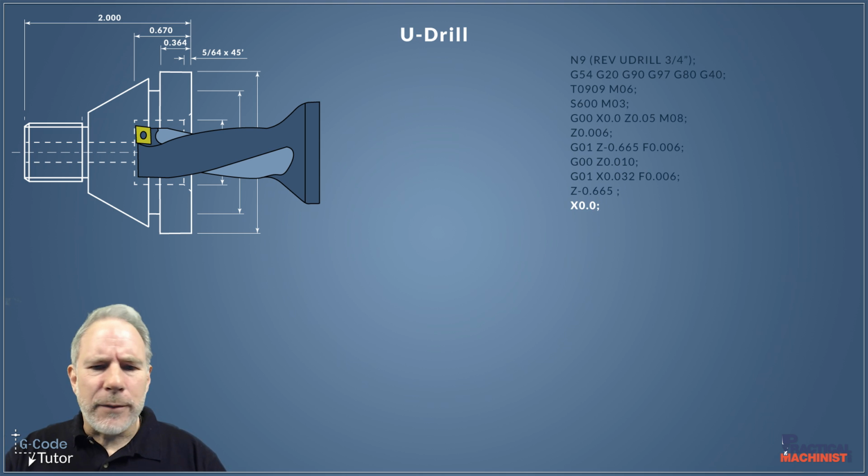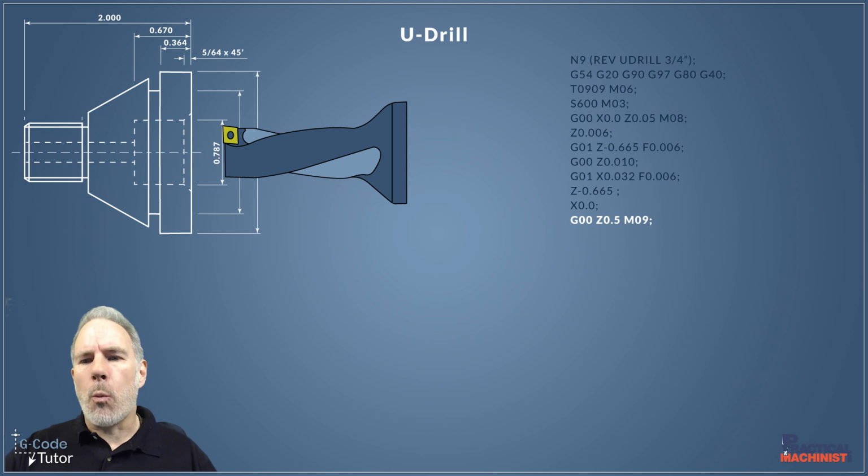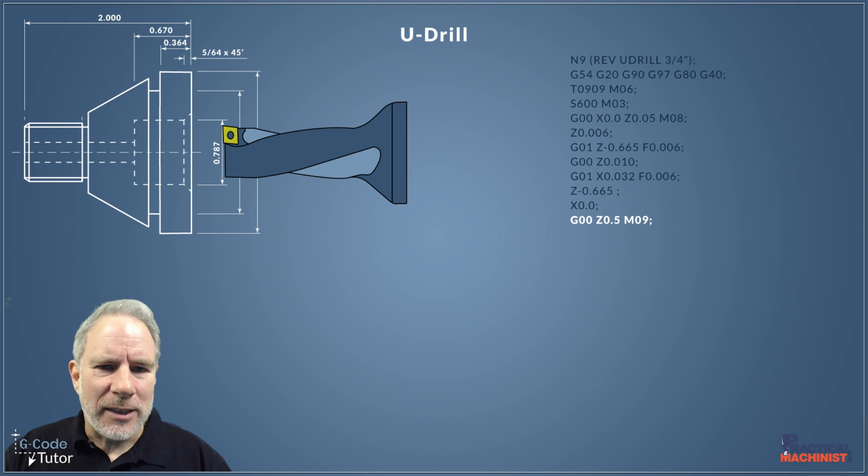Okay, so once we're down to final depth with our U-drill, we need to step back to the center line, so we don't drag that tip over the bore that we've just created. So I'm coming back down to the center line there with X0, and I'm still in feed rate mode, by the way, on all of this. We're going nice and slow because we're inside the material. Now we're back to the center line and not cutting material, so we can rapid away. So G00, Z half an inch away from that front face there, and turn the coolant off. So we've now got that tool out of the way, in a nice and safe position, ready to send home.